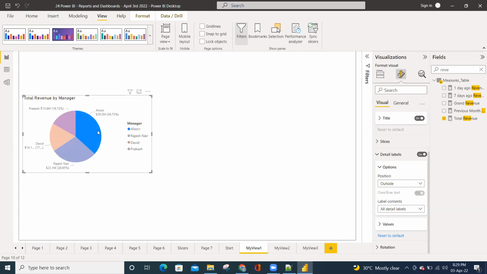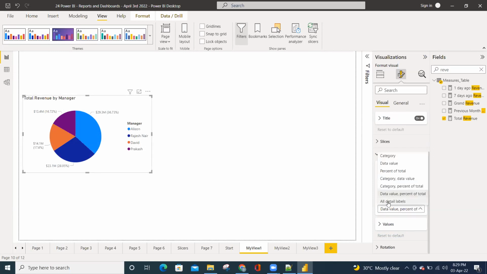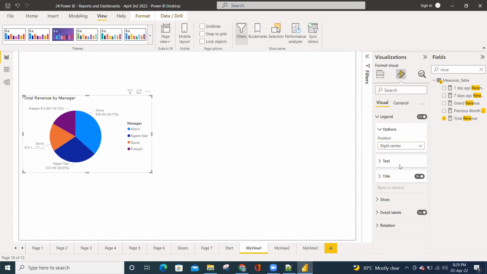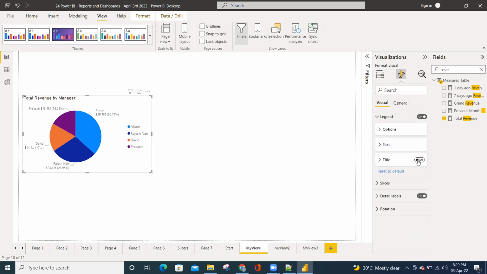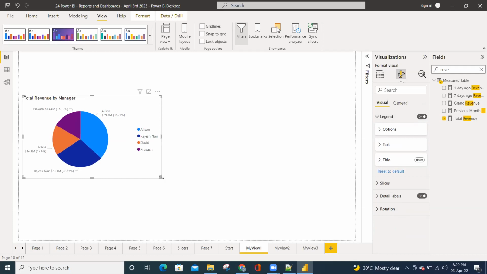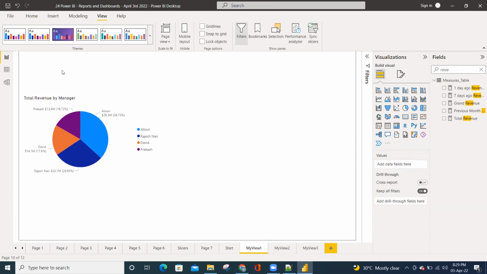This is how it is showing now. It will reset to default. No, I want all detail labels. So it will show us here. This is fine. This is the one view, and I'll be having some